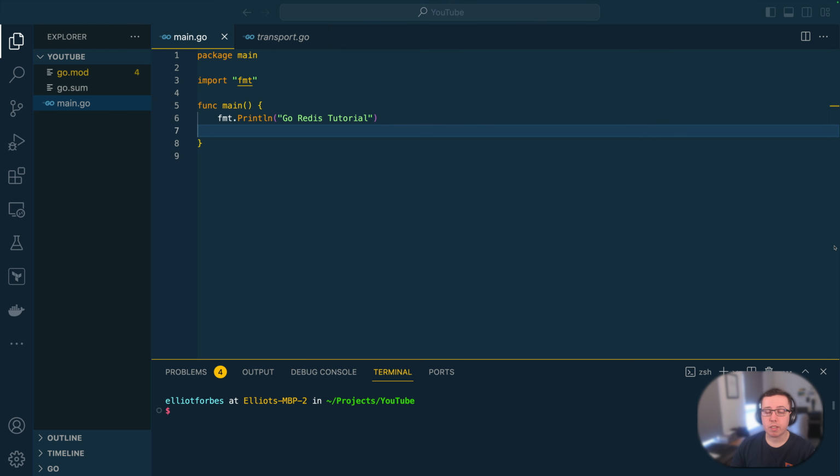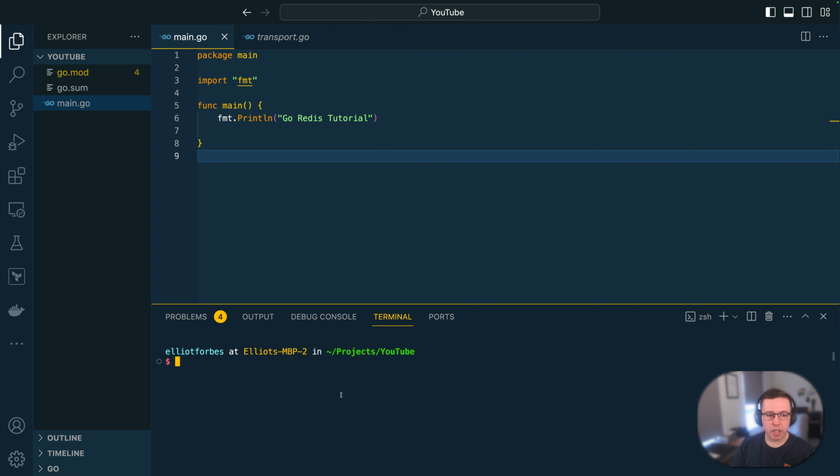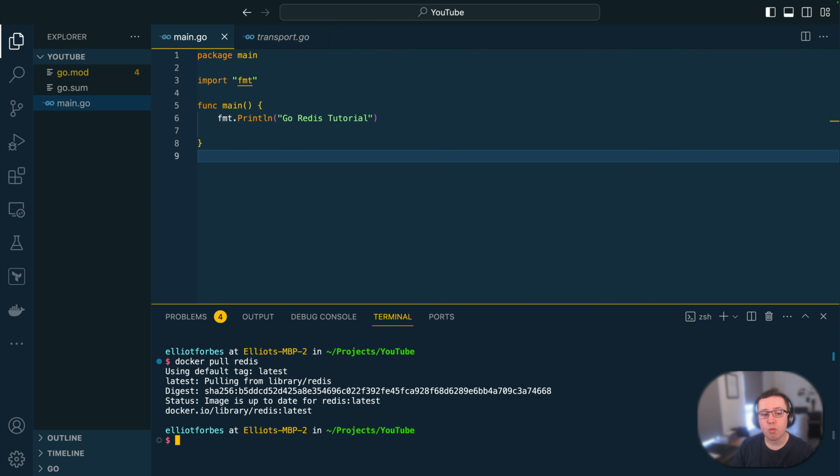in your Go applications. We're going to start by running a Redis instance locally using Docker, and then we're going to see how we can connect to it using Go, and then do things like setting and getting values within our Redis instance. So let's dive right into the terminal and do docker pull redis to fetch the latest Redis